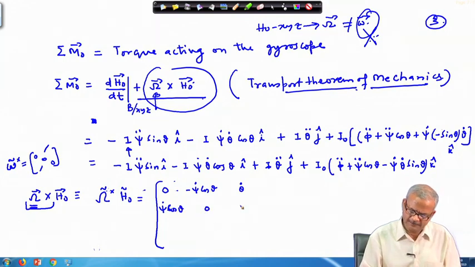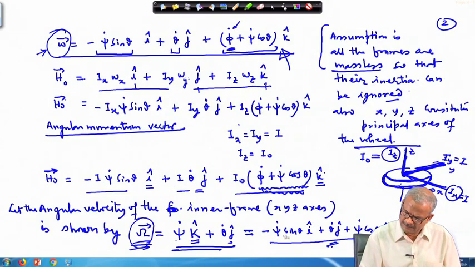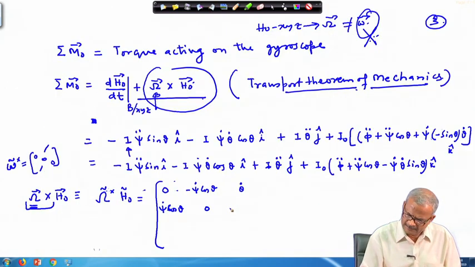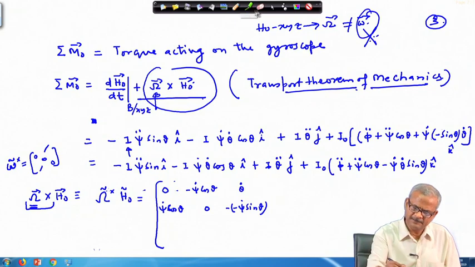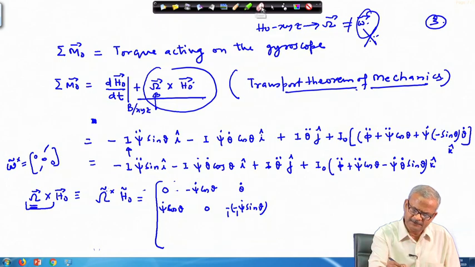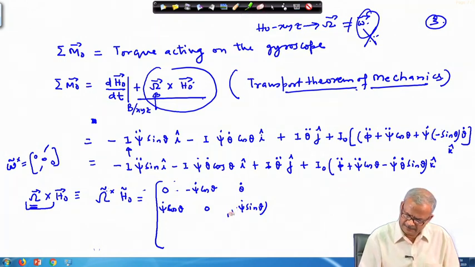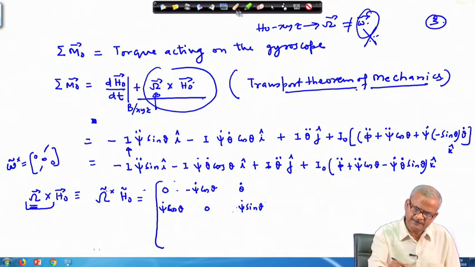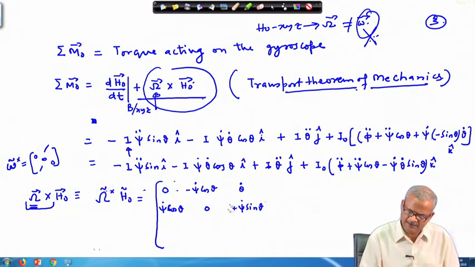Okay, diagonal element is 0, and here the first component will appear, and the first component is here minus psi dot sin theta. So, minus psi dot sin theta, and that appears with minus sign here. So, minus psi dot sin theta. So, I will do the simplification here itself, and this minus and this minus, that makes it plus. So, I will make it plus here in this place itself. So, that goes with a plus sign here. Okay. This is plus. So, this sign I will not put here, unnecessary to complicate this.